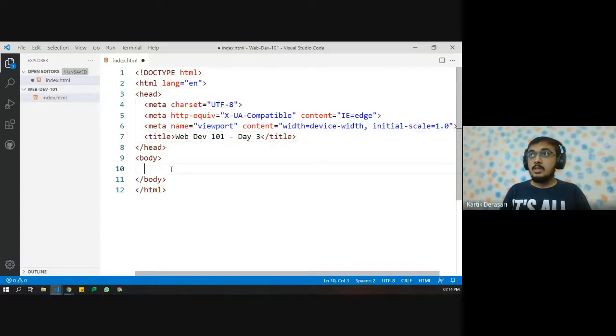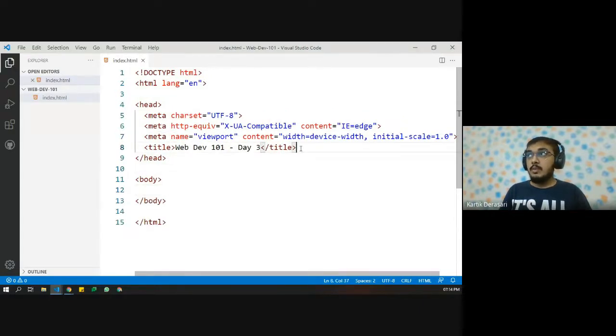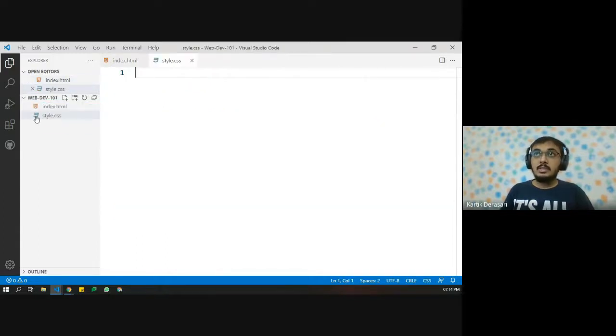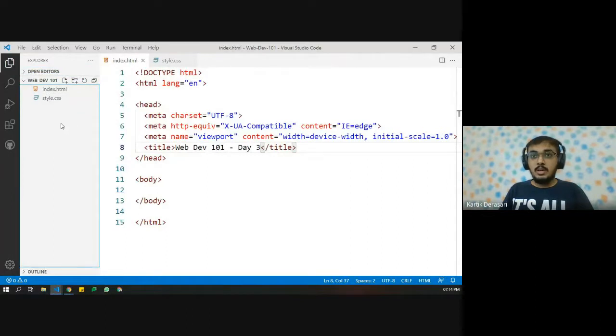Okay. So now what we can do is, first of all, let us see external style sheet. So if we want to create an external style sheet, then we just need to create a new file. We need to use style.css. And here you can also see the three kind of logo. The three is the latest version of CSS, which is CSS3. style, right? But we have not built any kind of relationship between files.